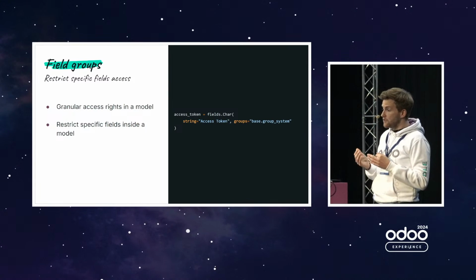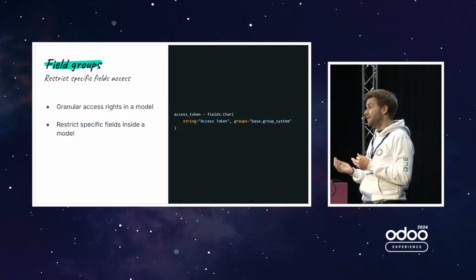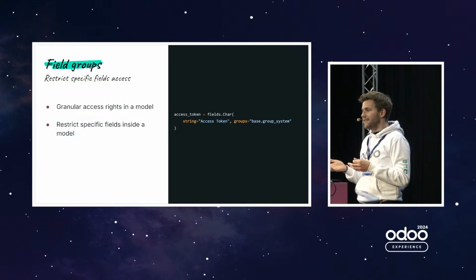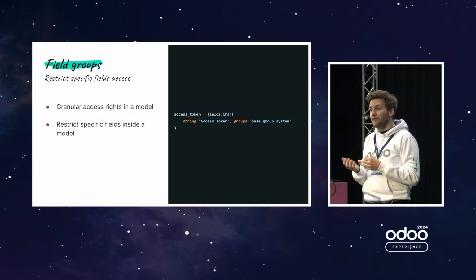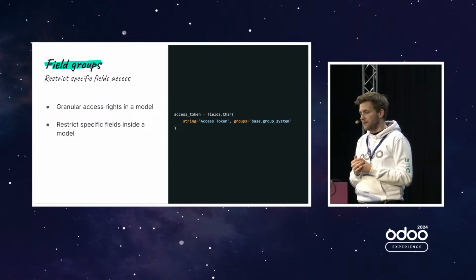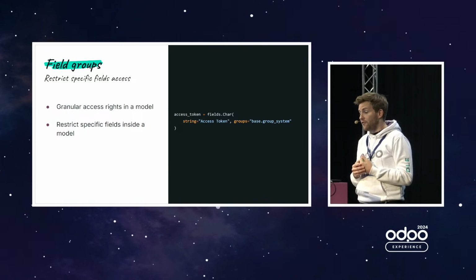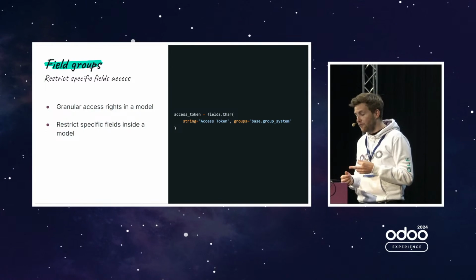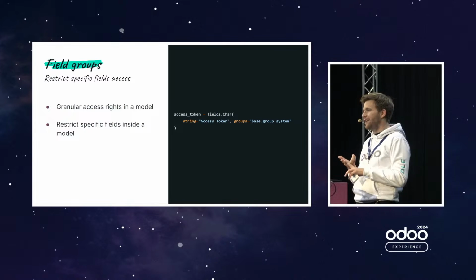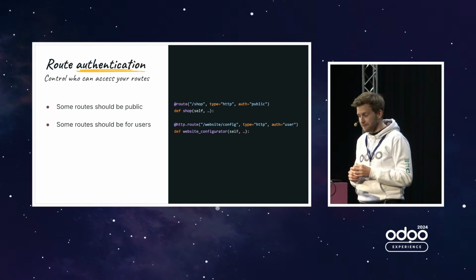And this is also something that we see quite often, that people are storing passwords or tokens in their models, and this model is accessible to employees or worse, to portal or public. So they don't pay enough attention to the groups that should be applied to an access token or a password. And this is something that we now see automatically in the CI security. As soon as the field is called password, token, or something similar, there is a security check asking whether there is a group on this or not.